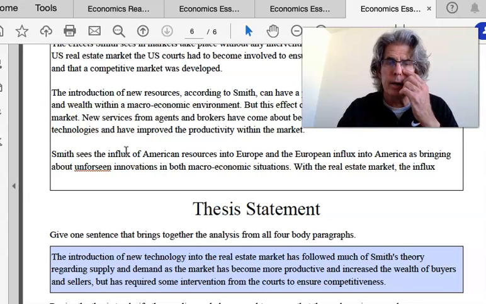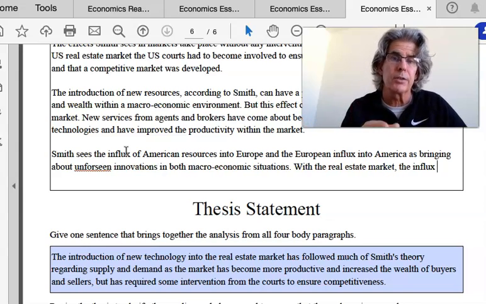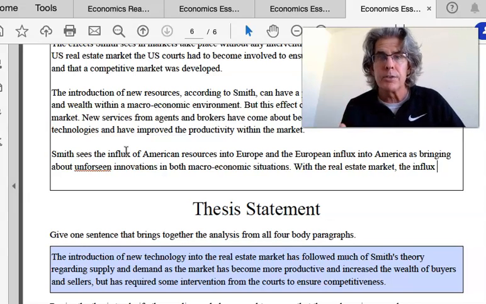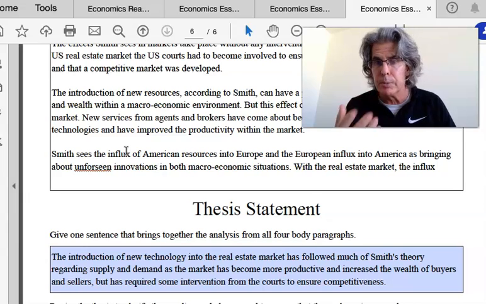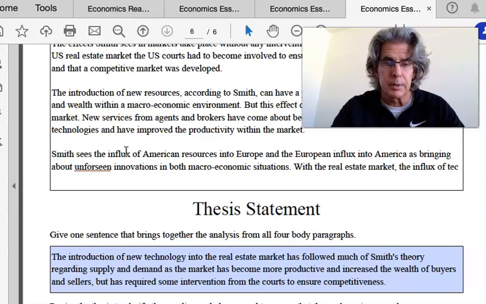And right now, I'll tell you, I'm using the word influx. I don't know why I'm using it again and again. It sounds like garbage. It really does. But you know what? I'll catch that in the last draft stage when I put this together. I'll catch that garbage writing, and I'll improve it. Okay. It's just the introduction or influence or influx of something coming into a market. With the real estate market, the influx of technology and investment